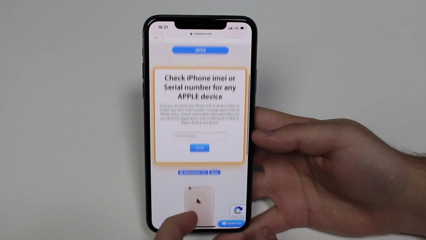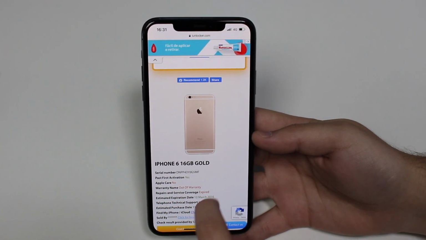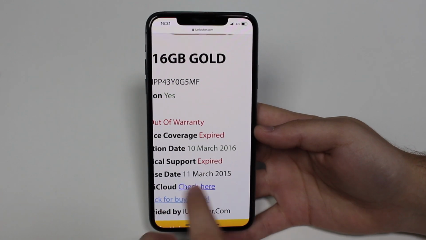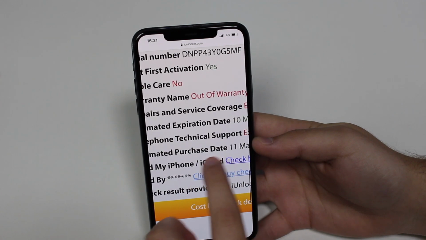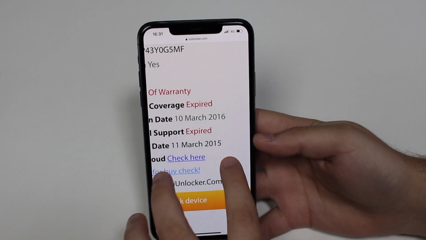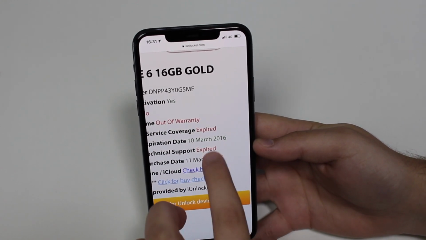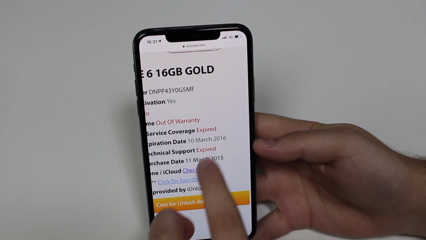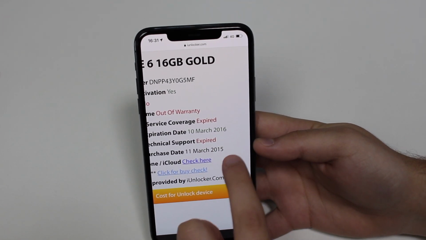Okay, so then let's scroll down, and as you can see, iPhone 6 has 16 gigs in gold, super old. And as you can see right here, I'm going to zoom in so you guys can see a little bit better. Estimated purchase date March the 11th of 2015. So have a look at this. It tells me when my warranty expired, so 1 year after that, so March the 10th 2016. So that's when it expired, and this is my activation date for my old iPhone 6 from 5 years ago,